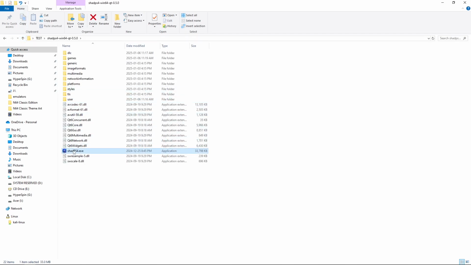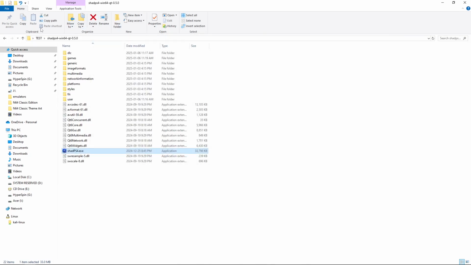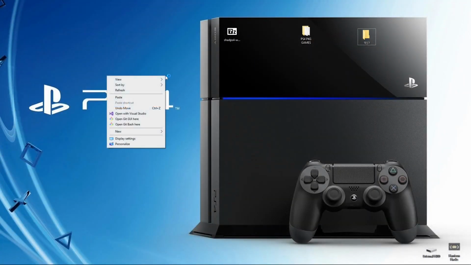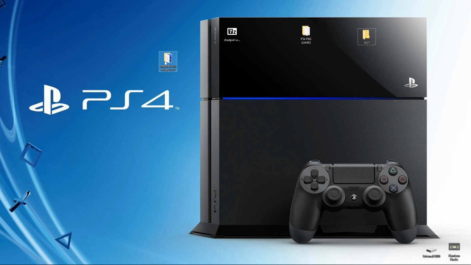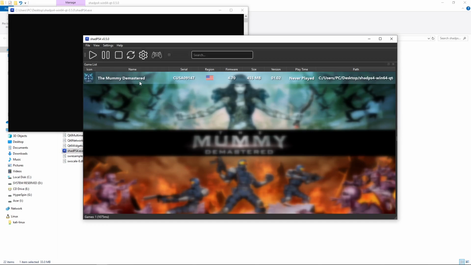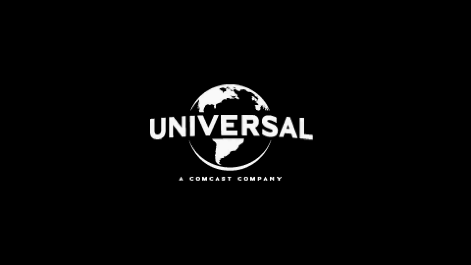Now we will launch shadPS4. There's our game. So I'm just going to close out and just show you that when I cut and paste it somewhere else, my game will still appear. So cut, paste it on my desktop, launch it up, and there's my game. So I can hit play. And there we go. That's how you get shadPS4 up and running, and it's also how you get it to be completely portable